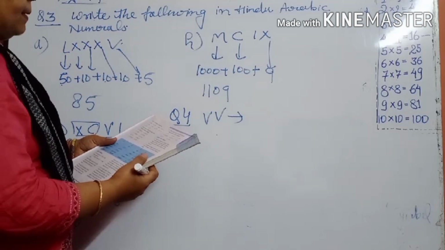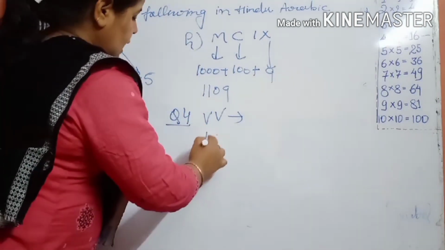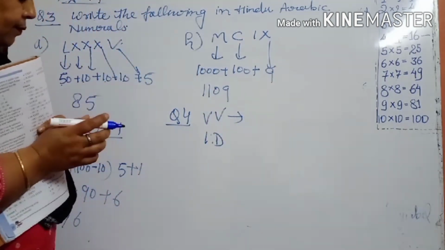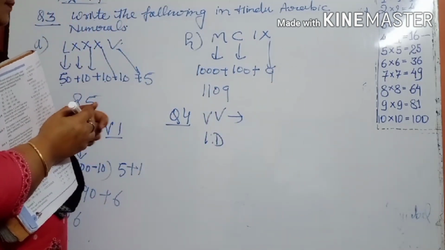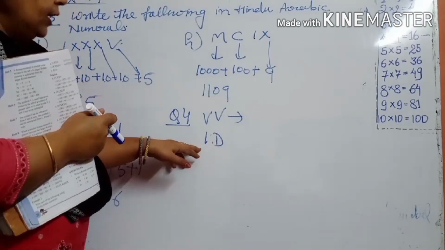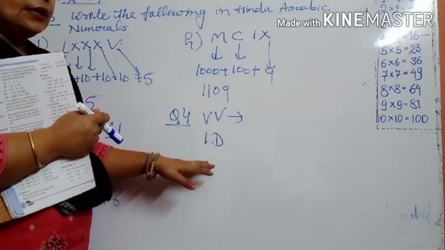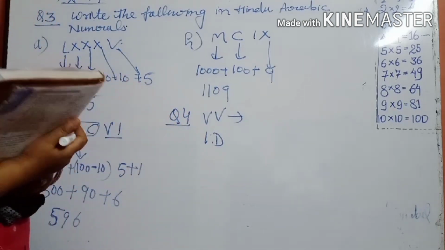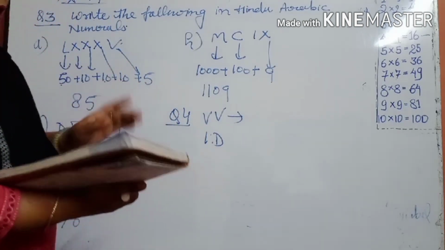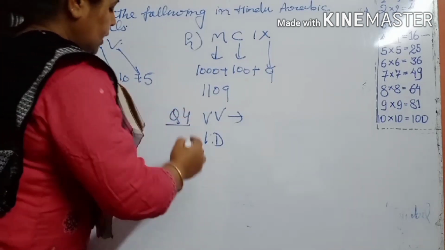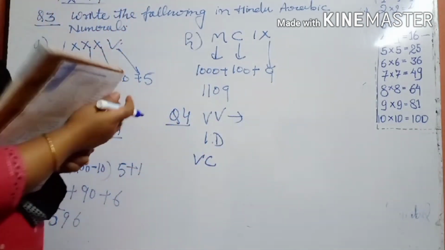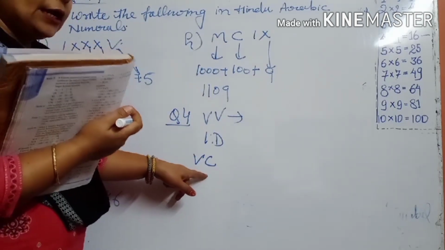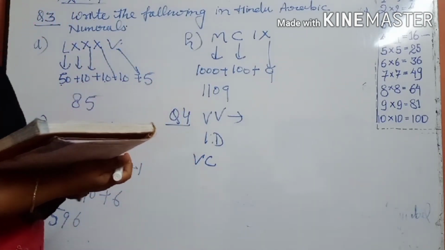Okay. Then part B is IVV. Then I taught you that V, L and D are never written on the left and right side of the greater value. So this is also wrong. V and C, V, L and D, according to our rules, cannot be written on the left of the greater value. Okay, so this is also meaningless.